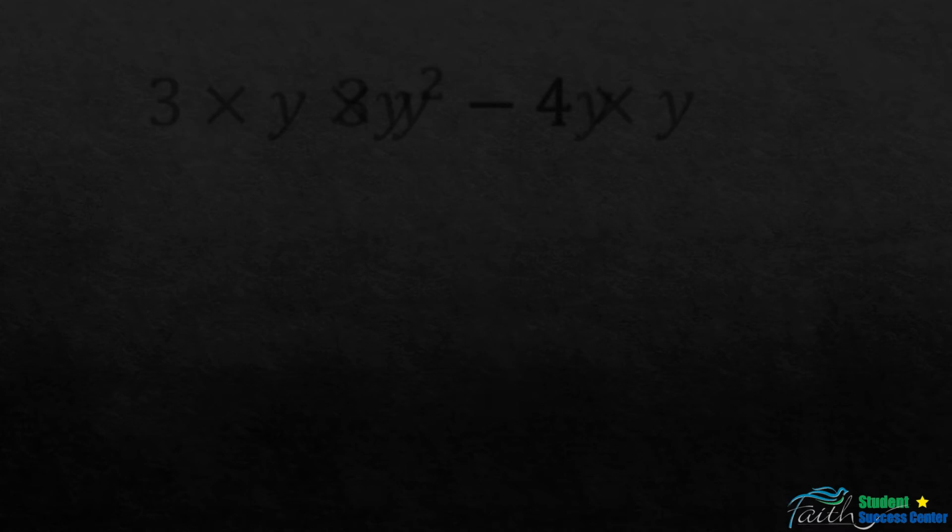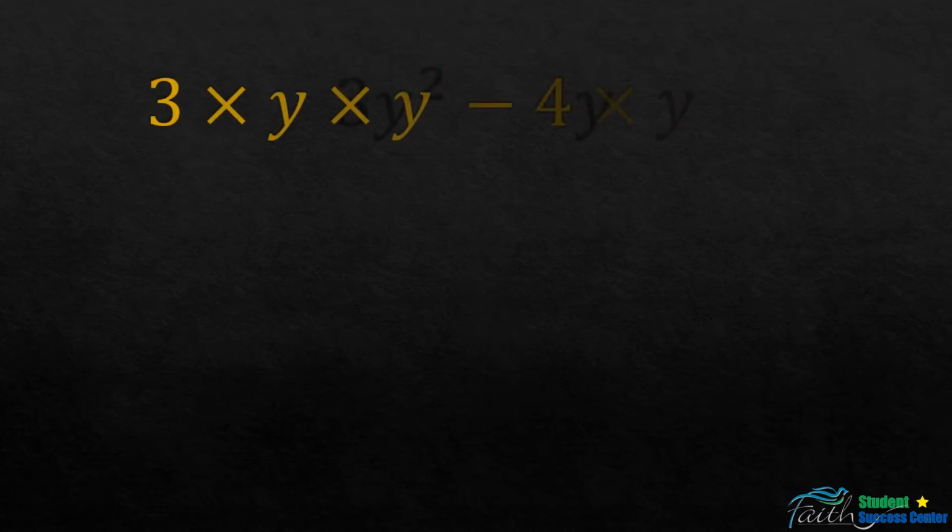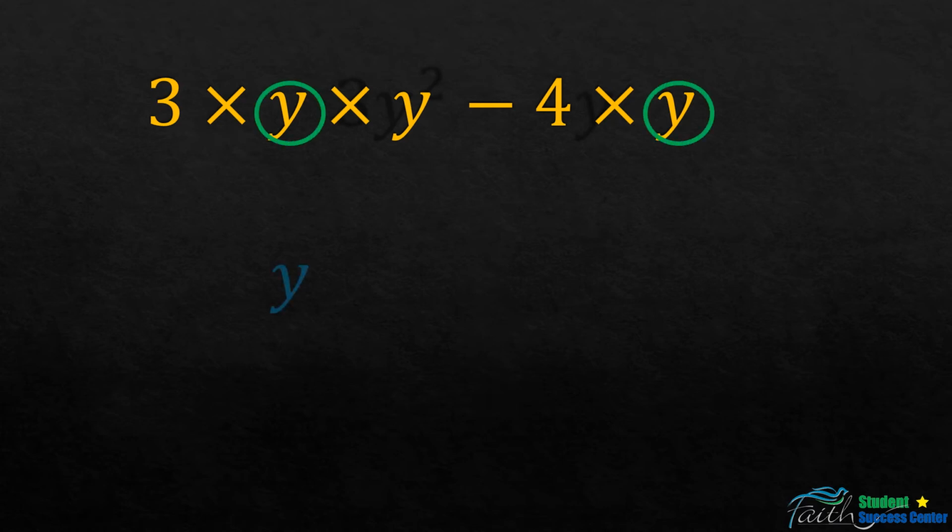Let's look at another example. 3y squared minus 4y. First we expand. So that will give us 3 times y times y minus 4 times y. Now if you realize, there are no factors of 3 and 4 that are common to one another. So we're going to look at the variables. We recognize that there is a y in the first term and a y in the second term. And we put the remaining